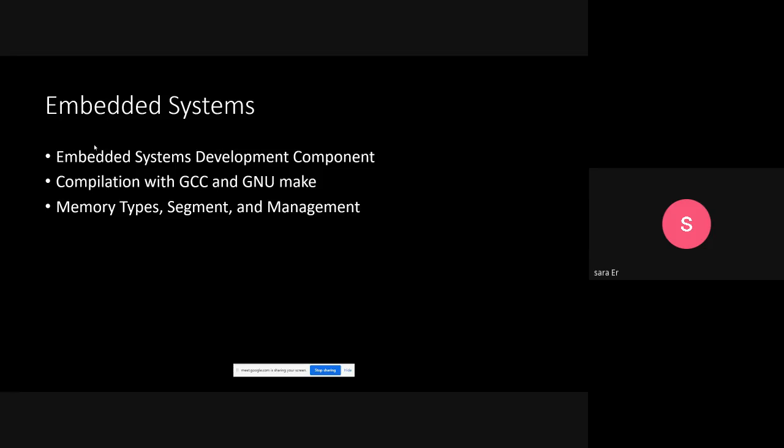This process of converting code that is written in a text file or notepad to the binary code that is executable for machines needs a compiler.